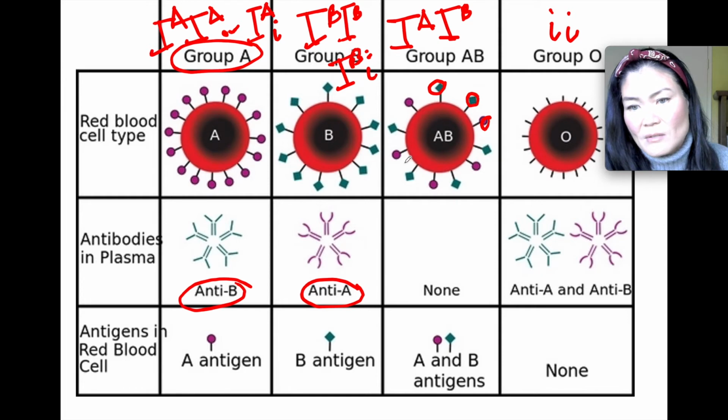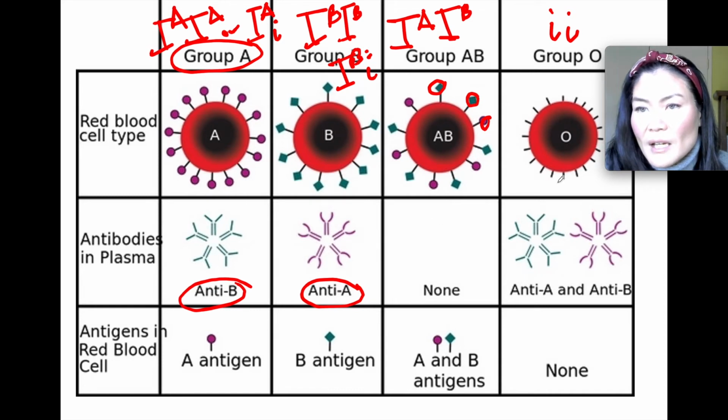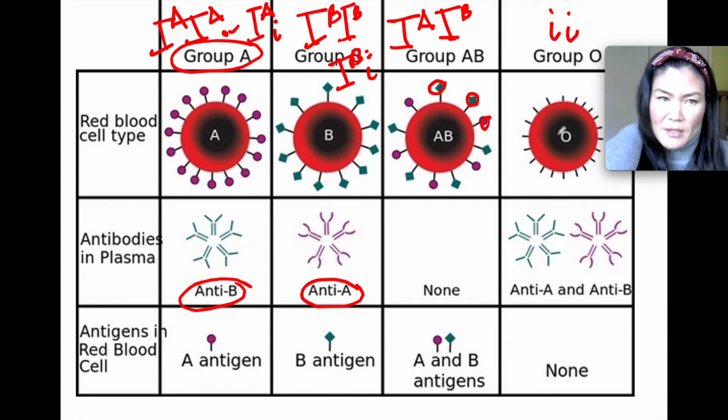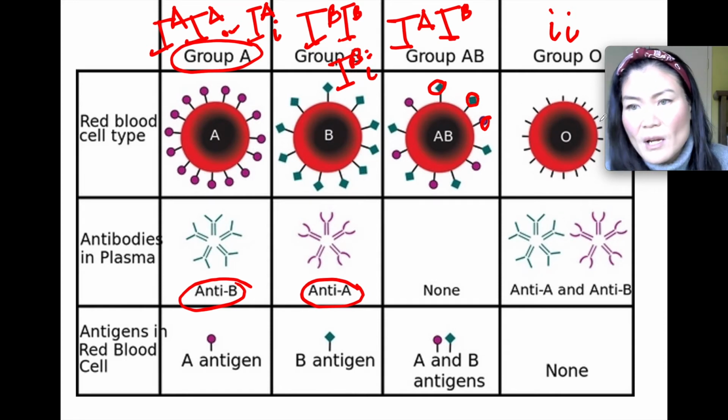And then if you have AB blood type, you don't have any antibodies because you show both. So you don't want to make antibodies that are going to attack either the A or the B, right? And then if you have O blood type, you have both antibodies that are going to attack the A type and the B type. Okay, so people with O blood type, because they don't have the carbohydrates on the outside,